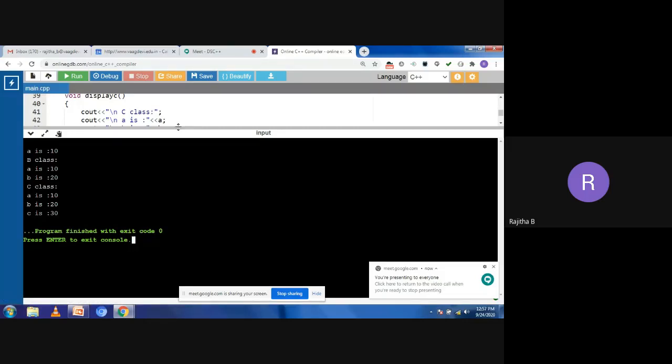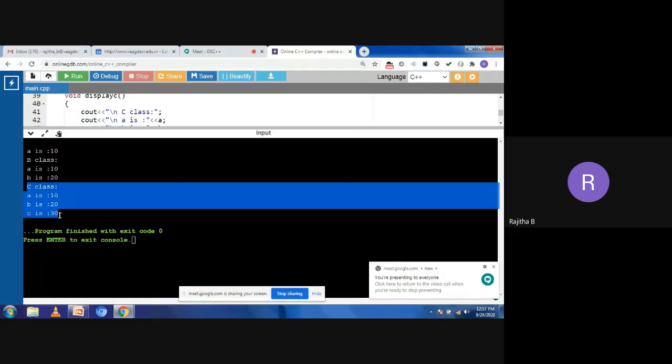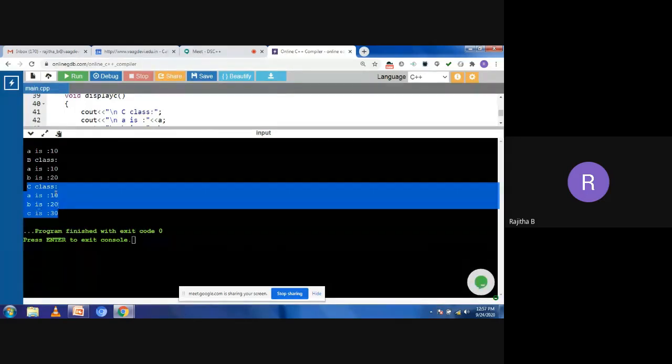So we have only 3 minutes now. We have 10 minutes, we need to complete this topic here. Now we can see here the C class can access the data members of A class, B class, and its own members. The A value here is 10, B value is 20 and C value is 30, meaning I can access the A class data member as well as the B class data member in the C class. So this is multi-level inheritance. When you are using multi-level inheritance, the last class can inherit the properties of previous classes, depending on the access specifiers. When you are using access specifiers private, protected and public, based on that we can inherit the properties. Here I am using all public.